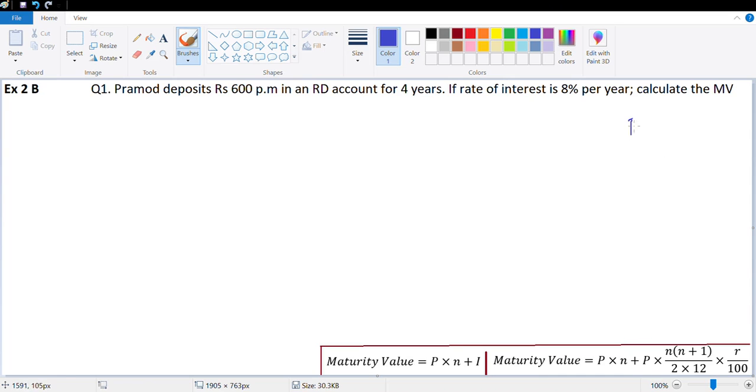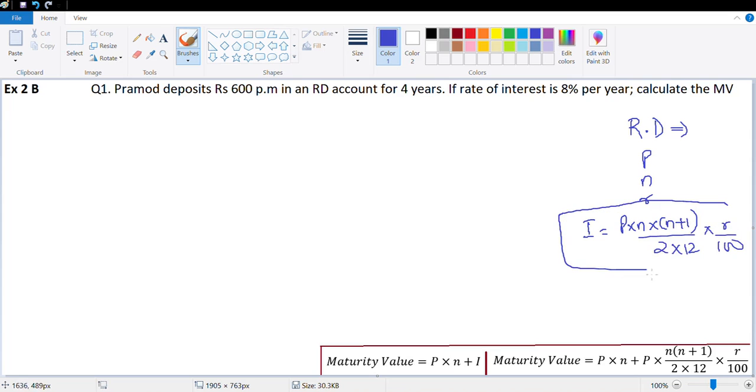we said a recurring deposit account is an account in which you deposit money monthly for a fixed time period. Let P be the monthly principal, N be the time period in months, R be the rate of interest per annum. So the interest that you get is P into N plus 1 upon 2 into 12 into R upon 100. That's the interest that you get at the end of your recurring deposit account when it gets over or